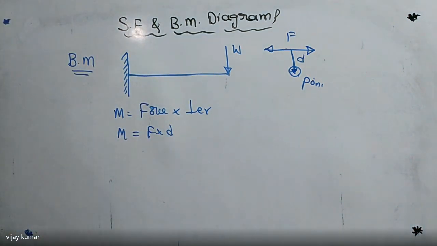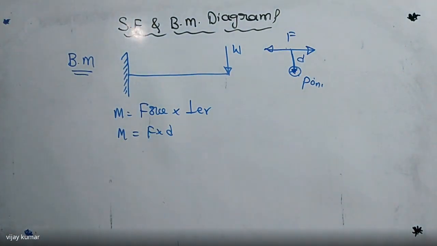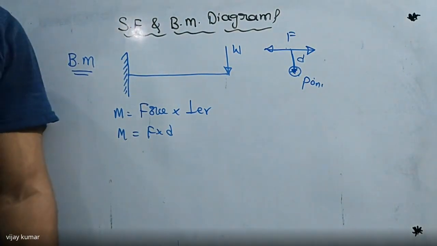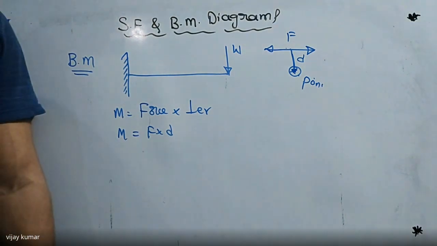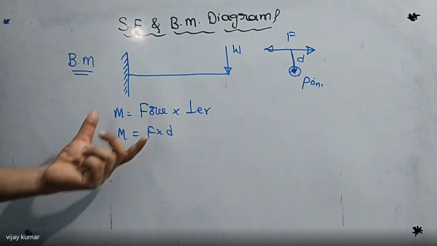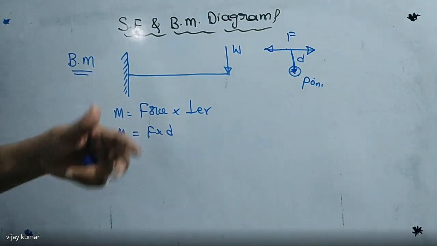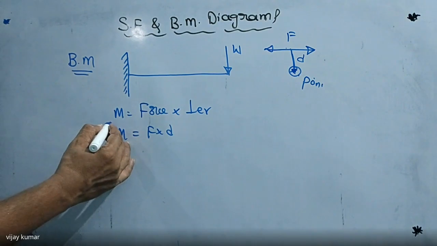Did you get the point or not? So without a reference point, we can't say the moment of the force. With the indication of the direction with respect to that point, we can define what is the sign convention of this moment. So moment is nothing but either positive or negative. I will give it to you later. Now listen carefully here. This is the formula of moment.